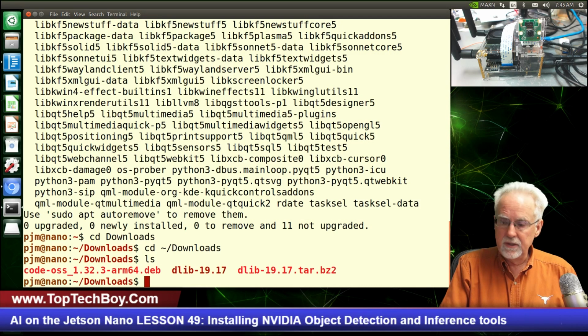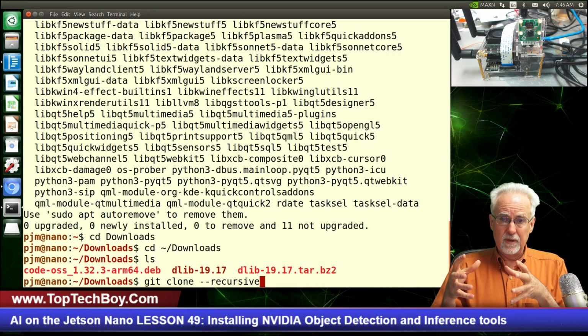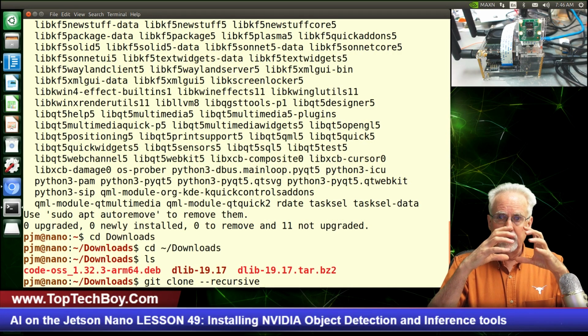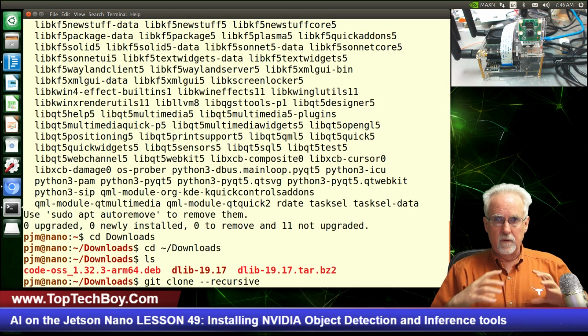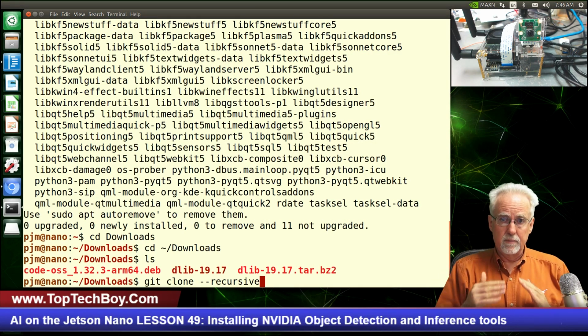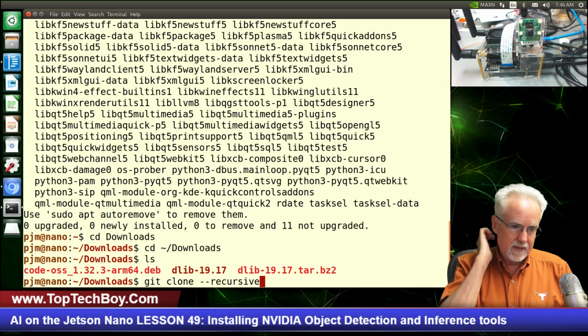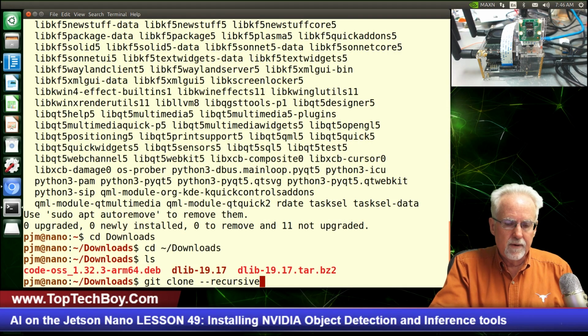So what I'm going to need you to do is do a git clone, and then we're going to clone --recursive. Now, what does a recursive clone mean? That's when we go to GitHub, we don't just get the main folder, we dig down into the folders, and we get all the folders and all the files that are below the root. So recursive means you're going to get everything that's there as part of this package, and then we're going to go to